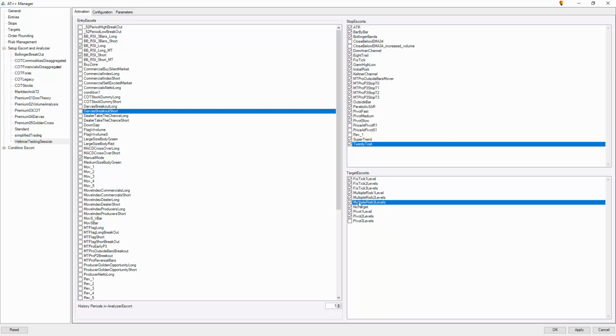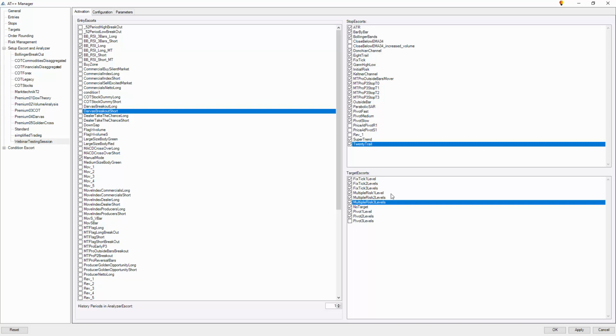Multiple risk is very interesting. This allows you to, for example, choose the ATR stop and it calculates your price, which is then the distance at which the stop loss order is placed from the entry order, and this is your risk, right? Your entry and your stop, and the difference between them is your risk. And with the multiple risk 1 level, for example, you can then create a target order which has the exact same price distance